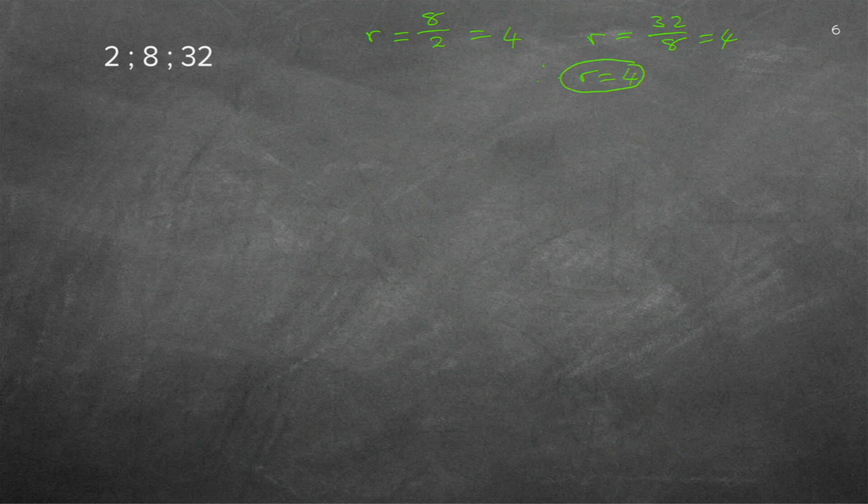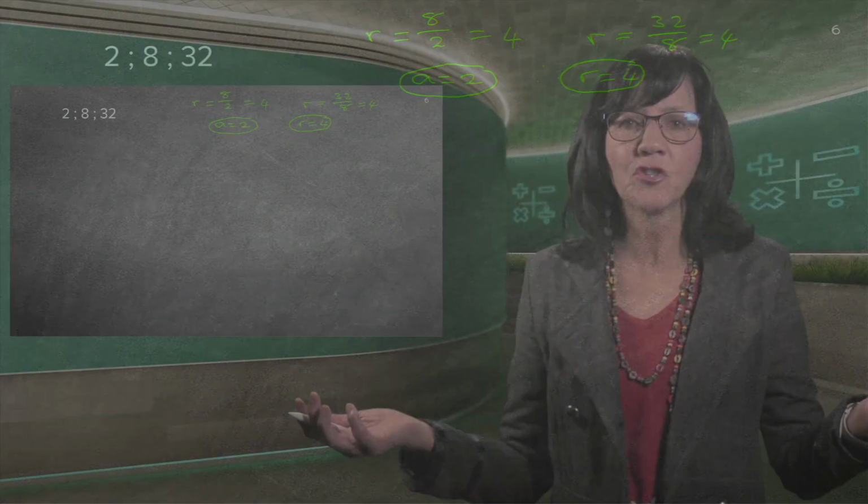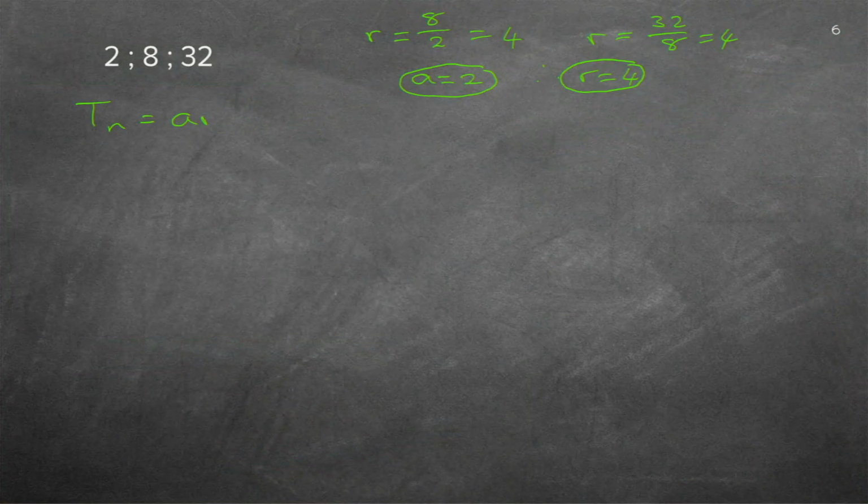There's my common ratio. There's my first term. Can you remember the 2 loops in the arithmetic sequence? It was an A and a D. Now it's an A and an R. So now I can just straight away go and write down Tn is equal to AR to the n minus 1. And I'm going to say again, like I said in the previous lesson, don't think this is on the formula sheet.